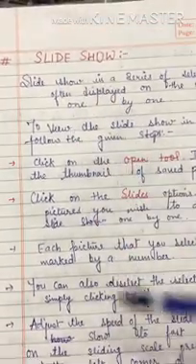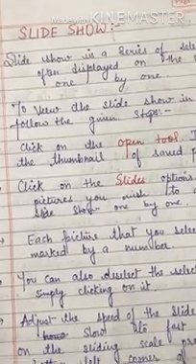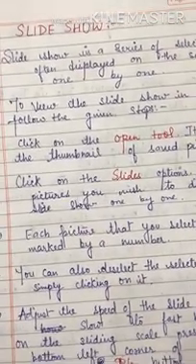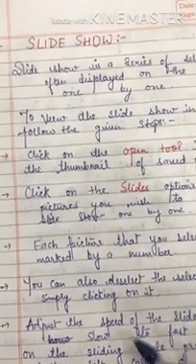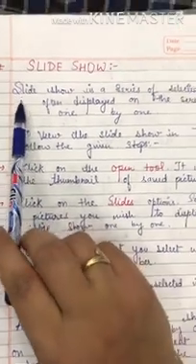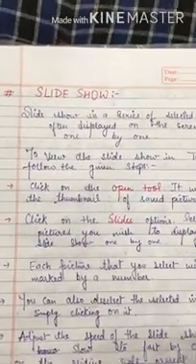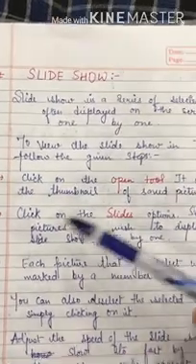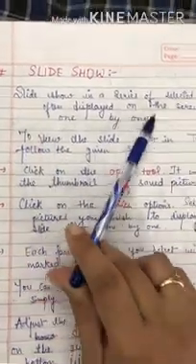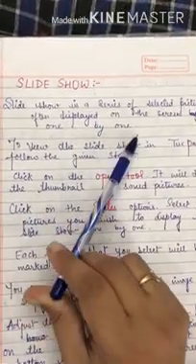So children, what is the slideshow? As we made the slide yesterday by putting some effects, today we will see the slide and the storyboard and learn how to do a slideshow. First we have to know about the slideshow. What is a slideshow? A slideshow is a series of selected features often displayed on the screen one by one.